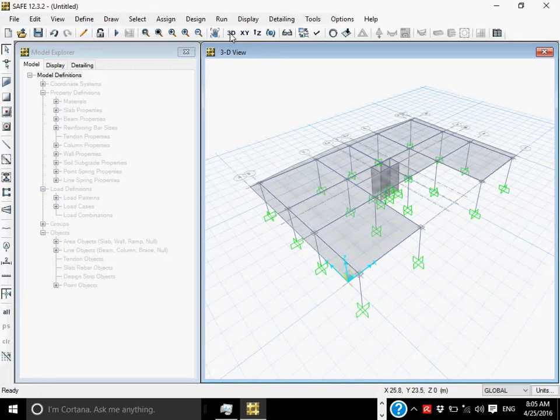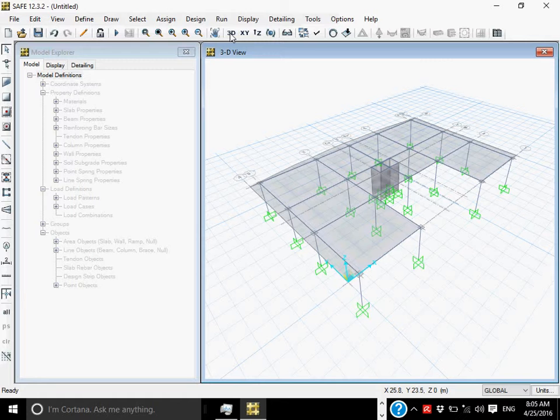You can see the column, but it will not design it. So why do we need the column? Because the design of the beam depends upon the location and the size of the column. Similarly, punching shear also depends upon the column.